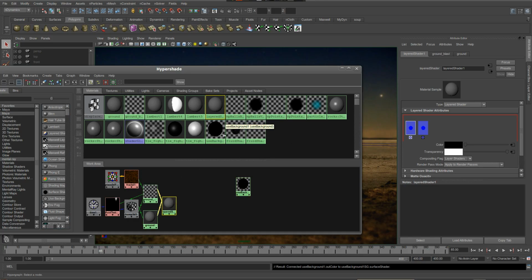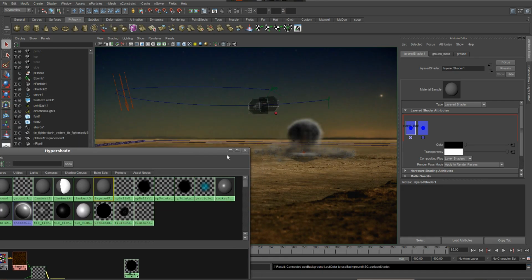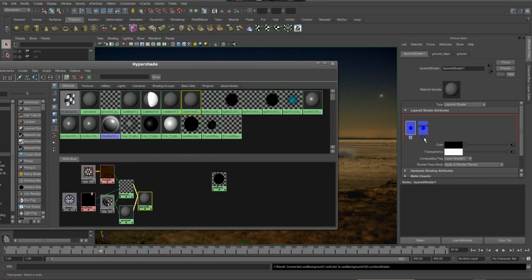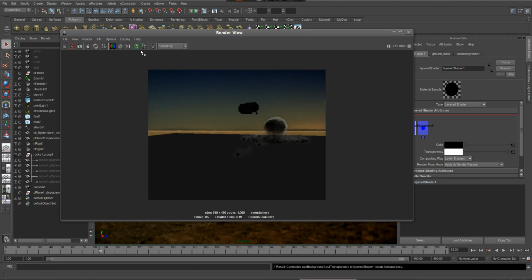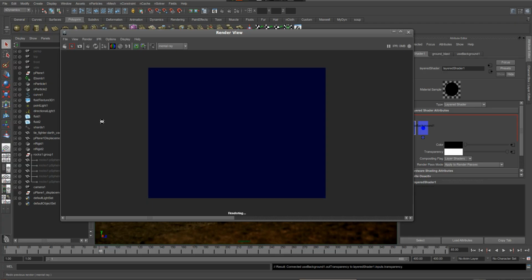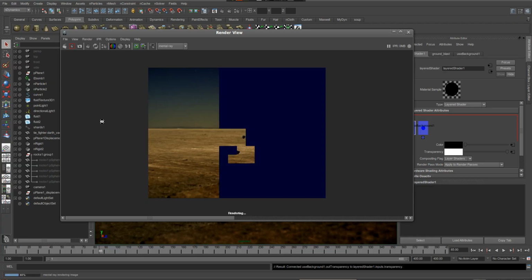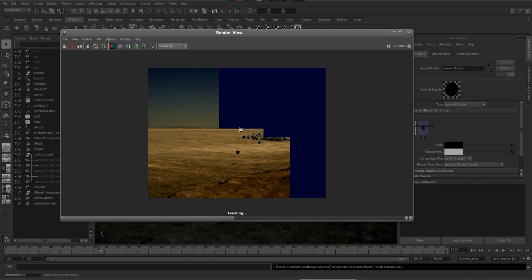I want to click on my layered shader. I can do it up here also. And what I want to do is get rid of the ground, because I don't need it anymore. I still need the ground blast, because we still want it to look like we've blown a hole in this whole background plate. So I'm just going to get rid of this ground, and I'm going to drag in instead a use background. So now when we take a render, let's just keep this one for comparison. You can see that we have this background plate,